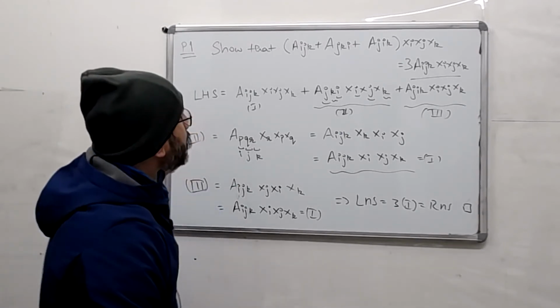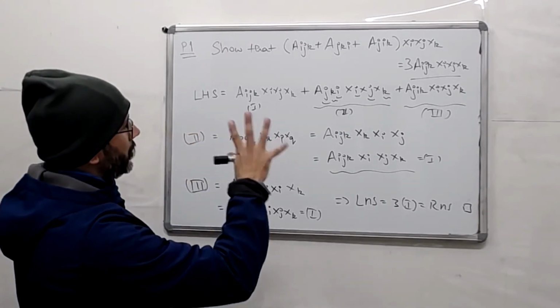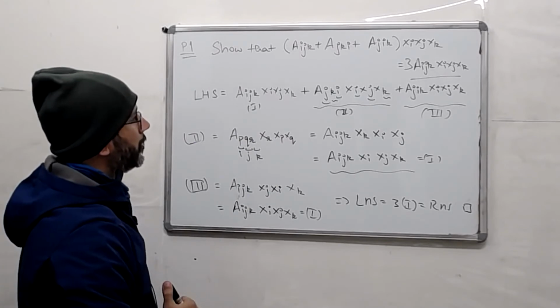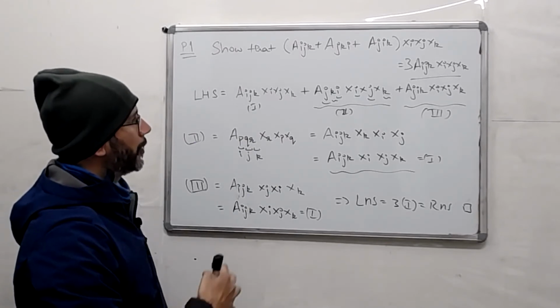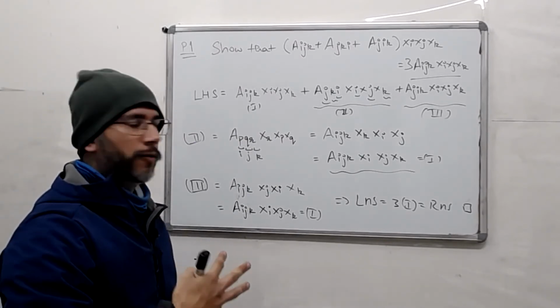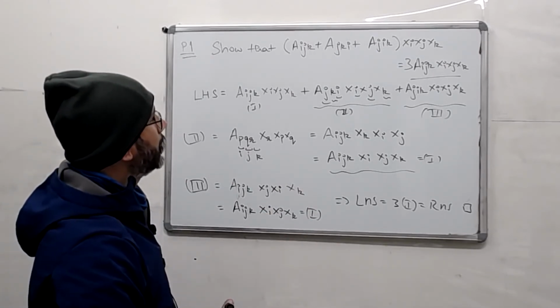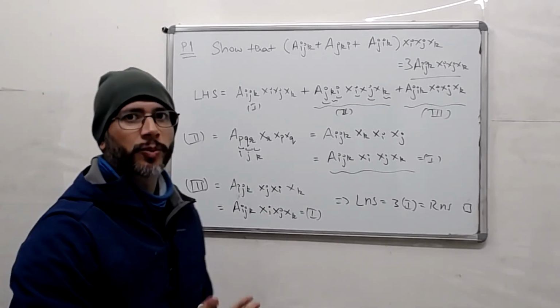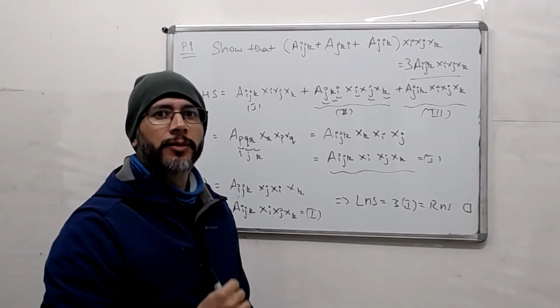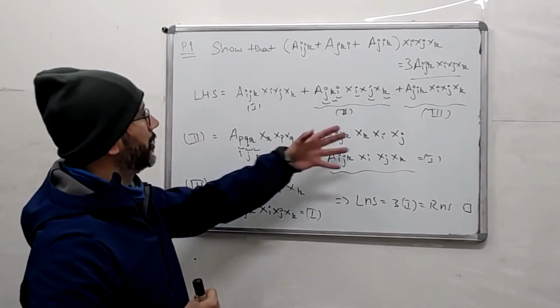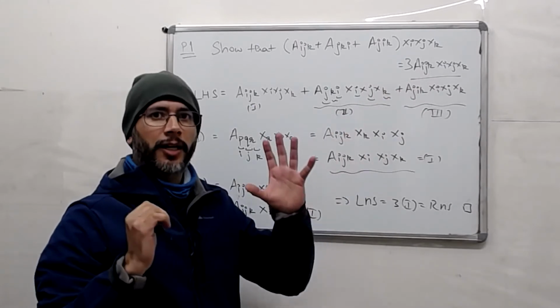Right? So it's very important. This exercise that we have done is quite useful, because when you are trying to show or approach from one expression to the other, this skill of replacing repeated indices with some other index and cancelling terms or adding them to be equal to thrice of something is very important.